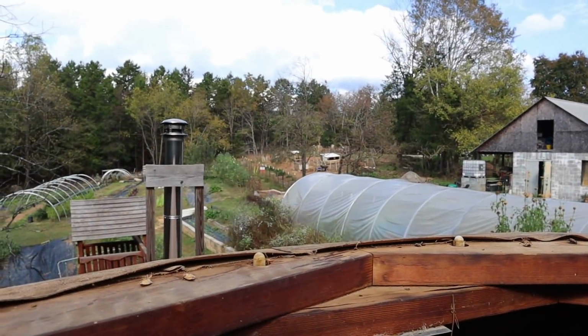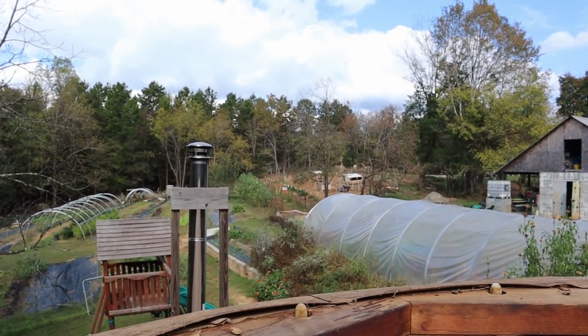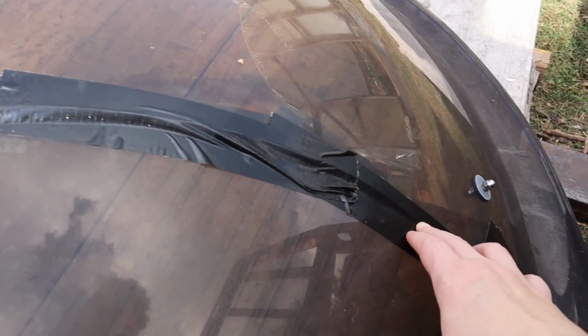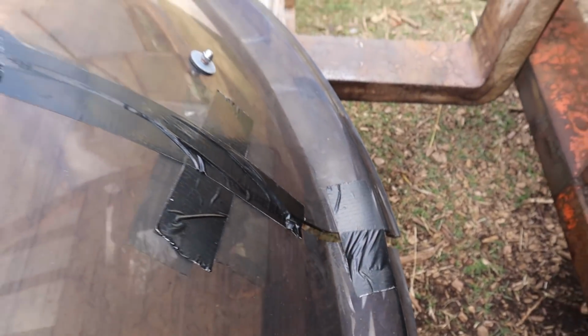And looking down from the top of the yurt without the dome, just looking out at our homestead, was a really interesting view. Whenever they took it down, they put tape on it to keep it from further cracking. So there's that one. But once we got it down,